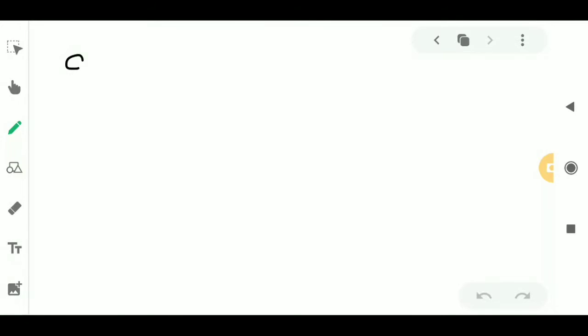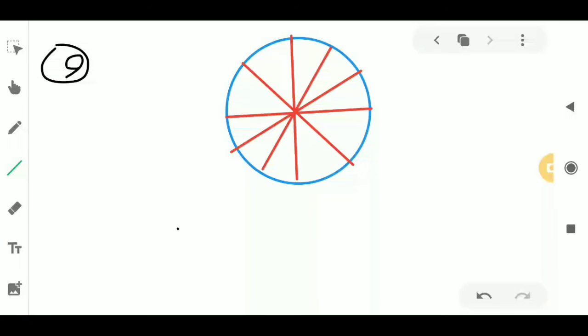Next question, number 9. A brush is made with silver wire in the form of a circle with diameter 35 mm. The wire is also used in making 5 diameters, which divide the circle into 10 equal sectors as shown in the figure. You can see in the diagram. We have to find out the total length of the silver wire required and the area of each sector of the brush. So I'm going to draw the diagram first.